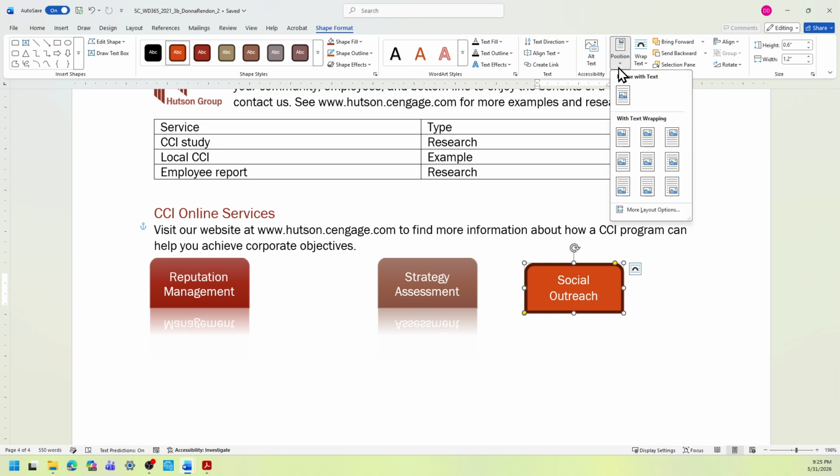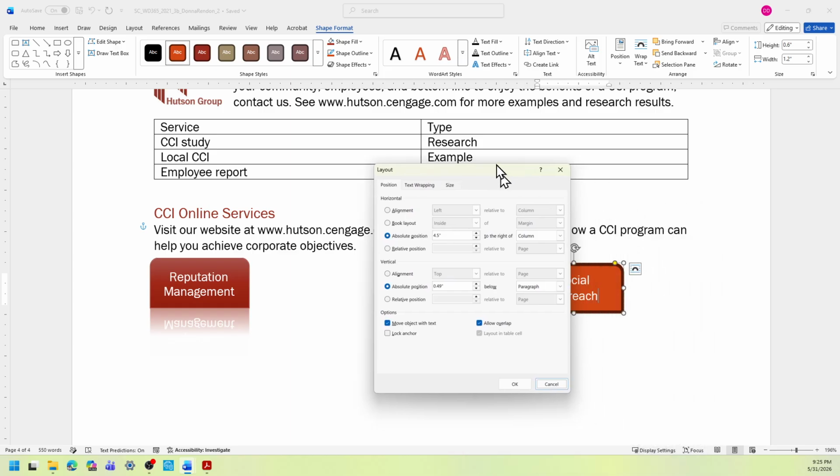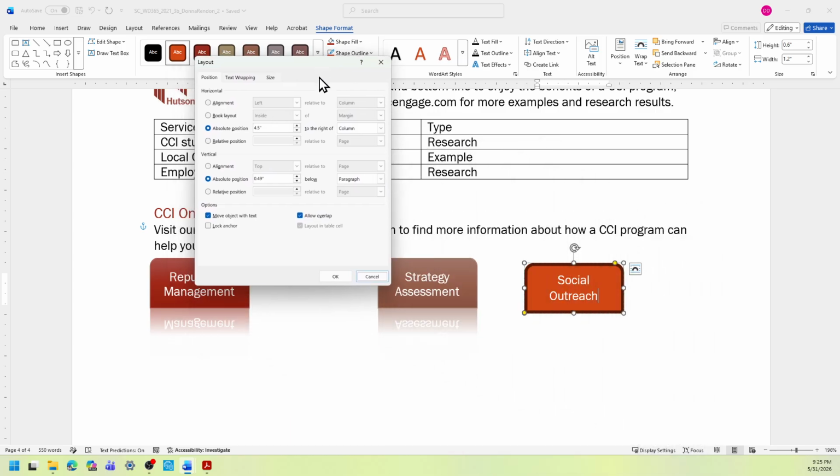Under the position, you're going to this time select more layouts. The first one is the absolute horizontal position, and this one should be 5.5. Right now it's 4.5. I'm going to just change that to 5.5.